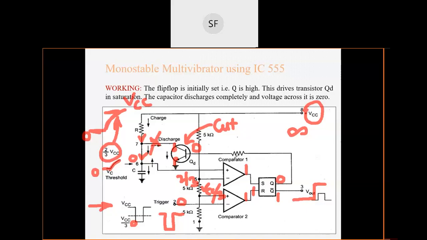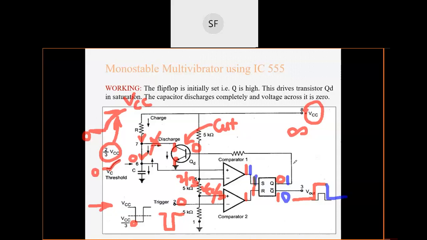Okay, now what will happen if the comparator output becomes 1? This output is nothing but the set input. So again, I will just write it with a different color. Now the comparator output becomes 1, and now set will become 1. So again set आपका 1 हो रहा है, that means now Q becomes 1. Q 1 हो गया तो Q bar will become 0. That means now your output will again come back to the stable state.